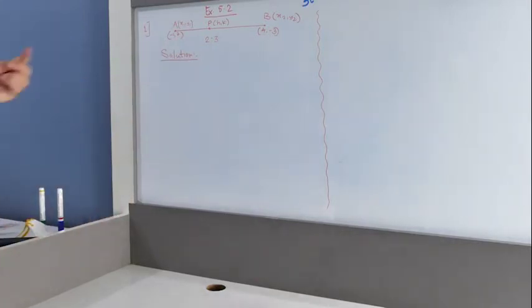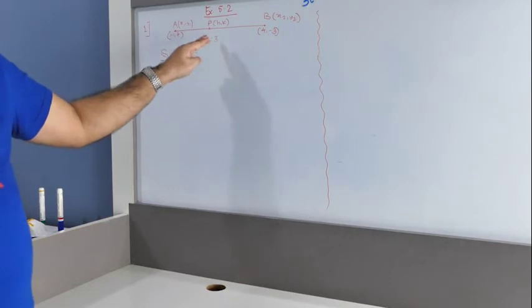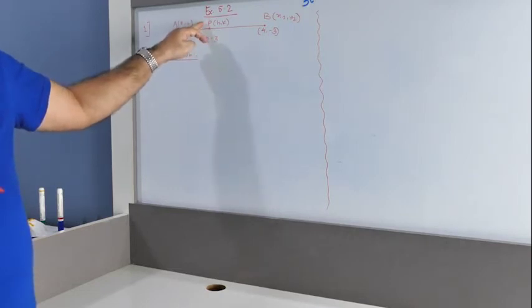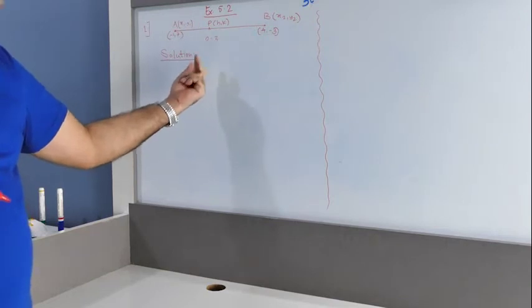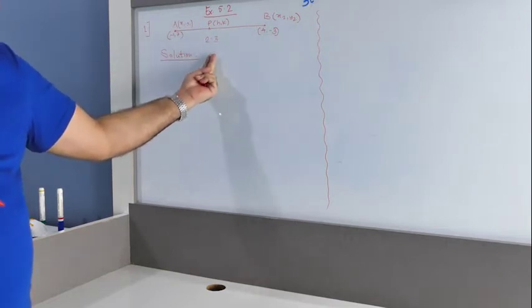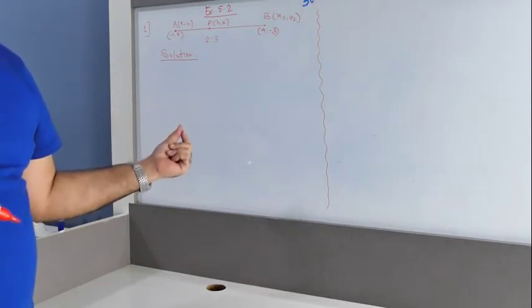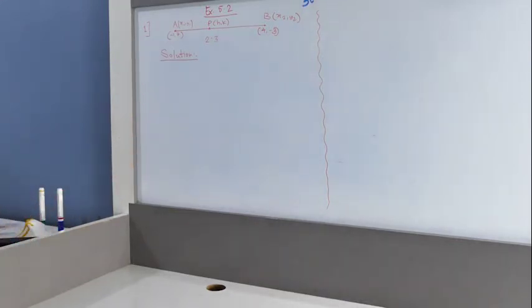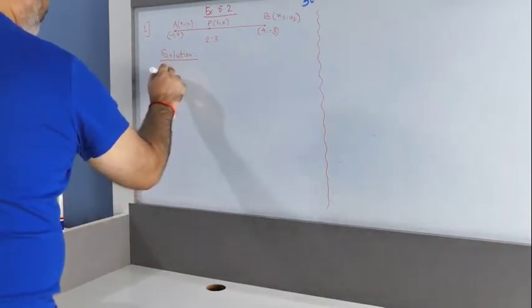Now, since you are given the coordinates of 2 points and you are asked the point which divides the segment in the ratio 2:3, it's an internal division problem. So we know that the section formula is going to be used here. How do you use the section formula? So let's look at it. So by section formula,